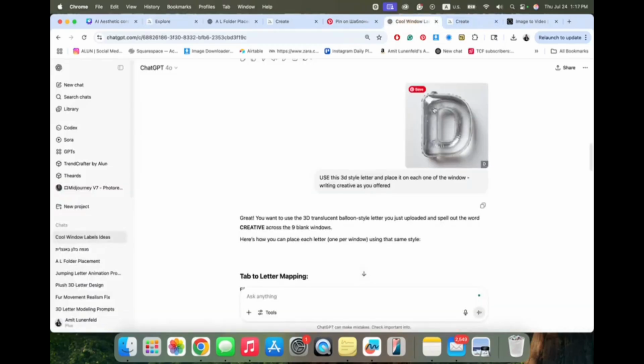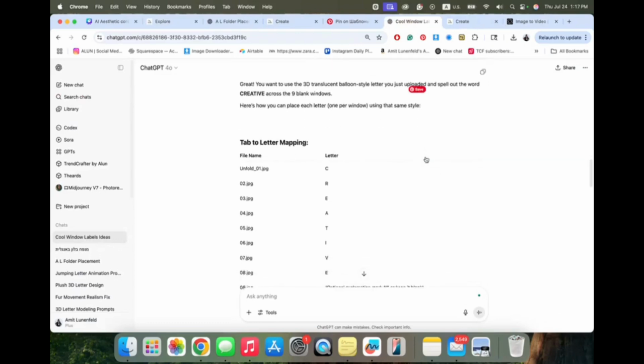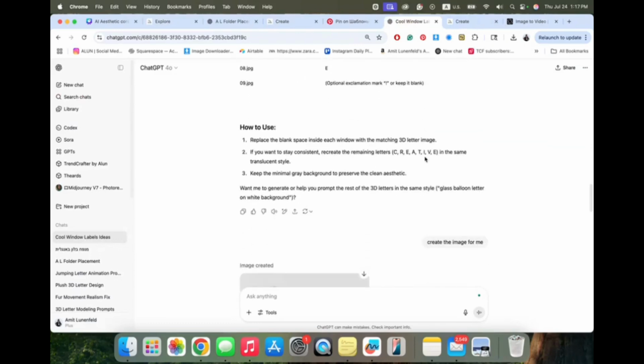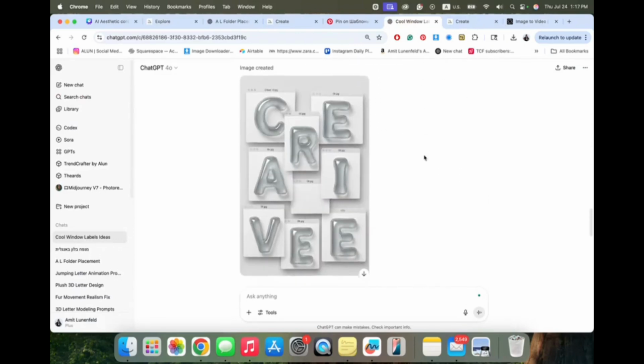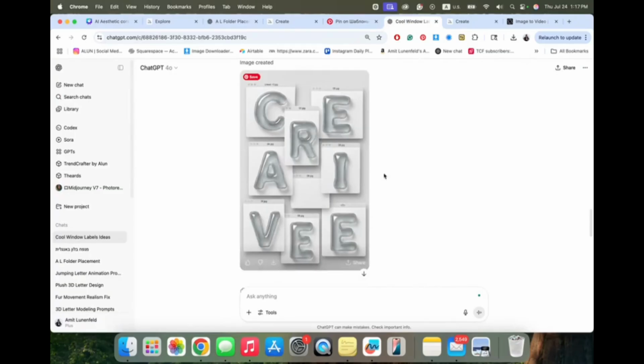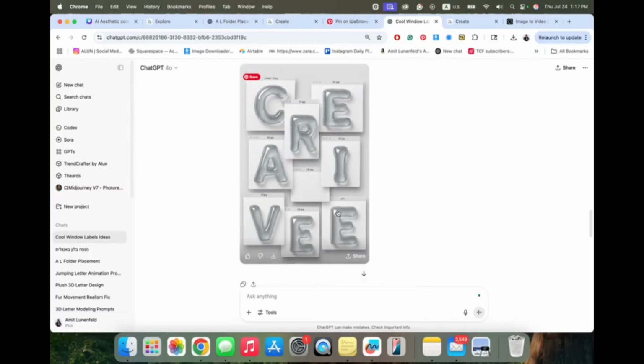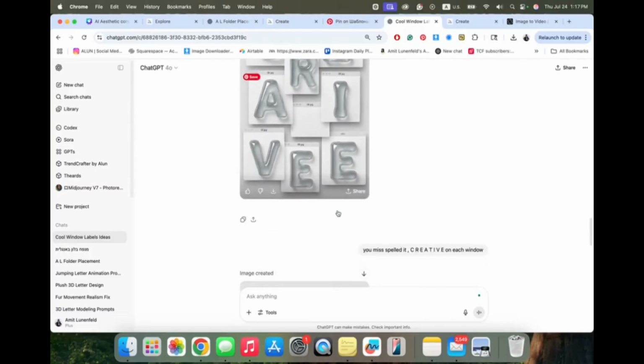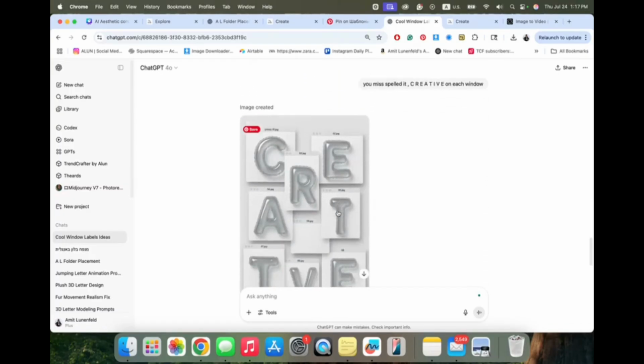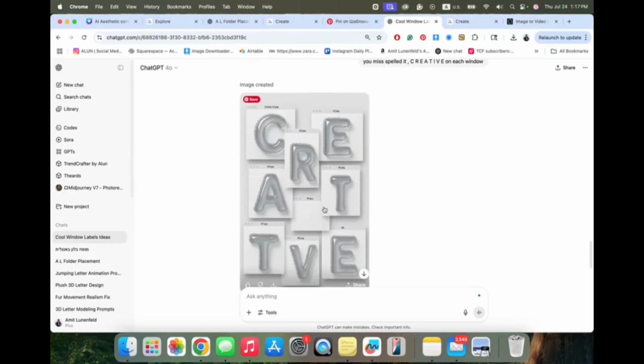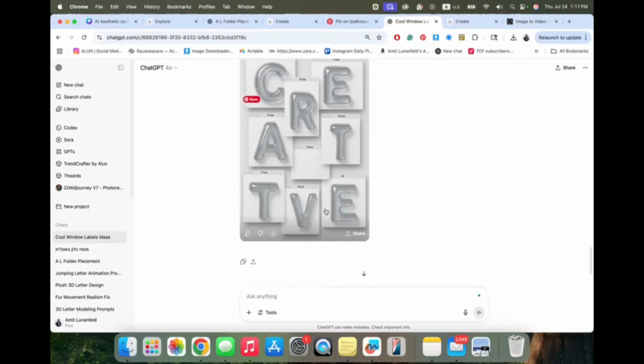So I took the image and asked it to place it on top of each window, and got this misspelling. Again, with AI, it's still hard to get an amazing result with writing full letters or getting the spelling. So it created this version, which I'm pretty satisfied with.